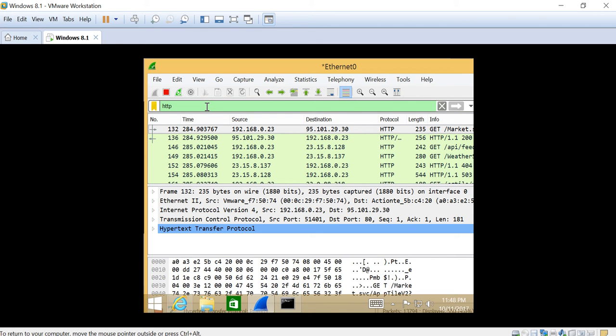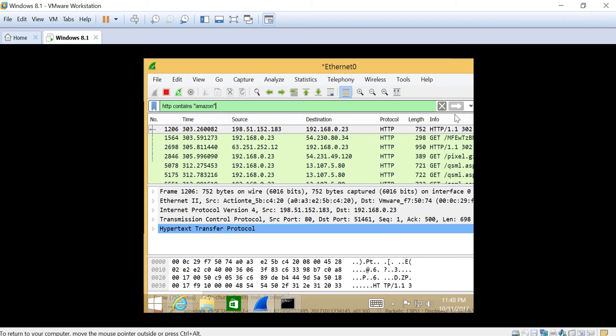So now to see if we captured actually the Amazon, what we'll do is contains Amazon, and hit enter, and it should actually give us the information over here. Now, transmission control protocol, that's for the first one. Source port 80, destination port,